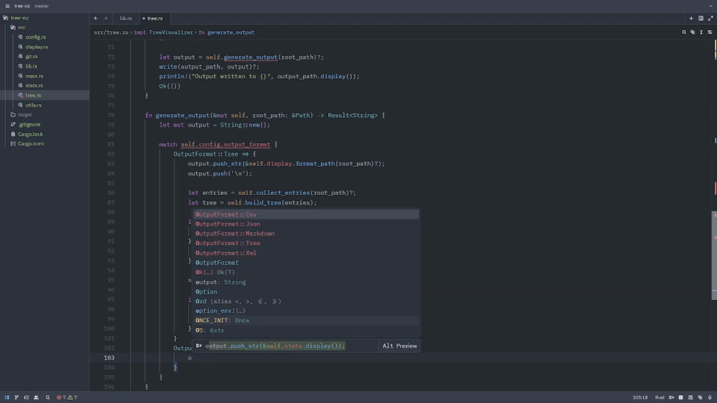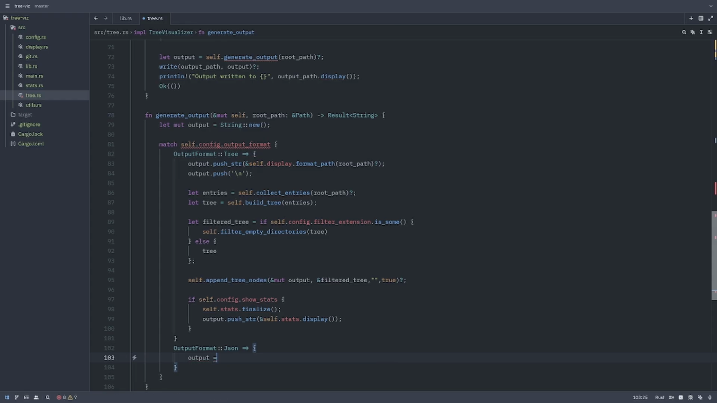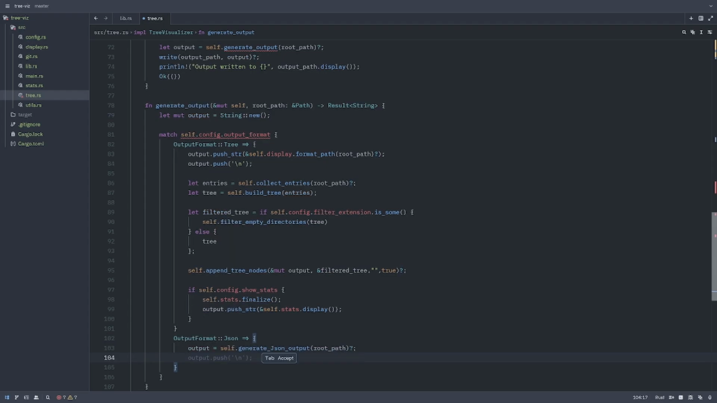Here output strings go to self.generate. The JSON output will be here,